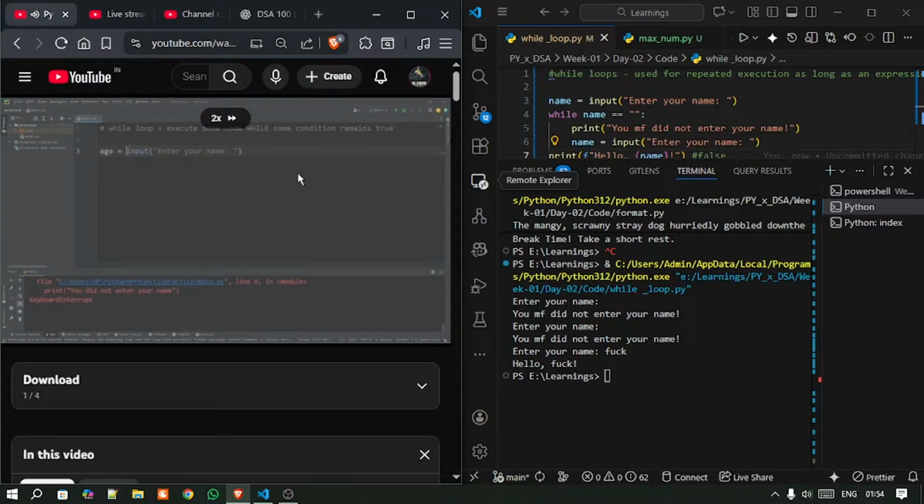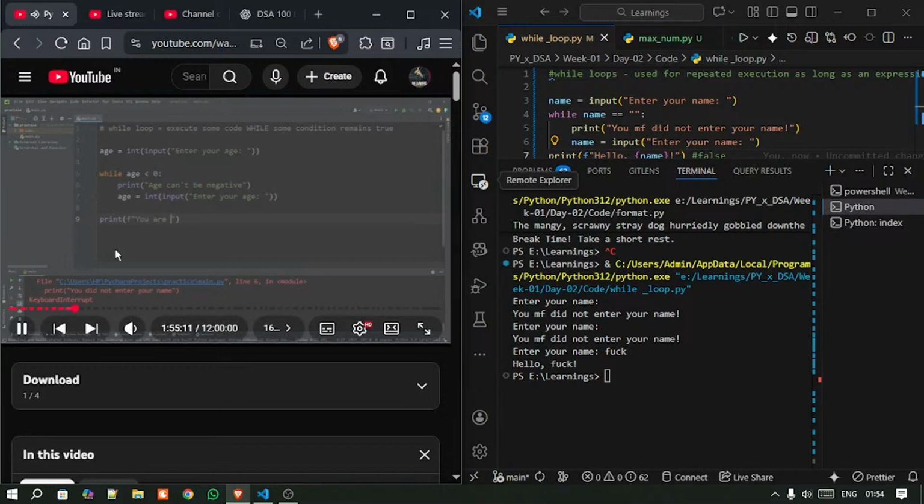Here's another example. This time, let's ask for a user's age. Age equals, and I will convert the input to an integer. Enter your age. We'll need the user to type in a positive number. While age is less than 0, let's print a message to let the user know that they can't do that: age can't be negative. Then we need some strategy to escape. Let's reprompt the user to enter in their age. Once they type in something that's valid, we can escape out of the while loop. So let's print, using an f string, you are